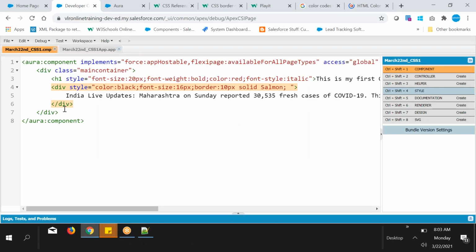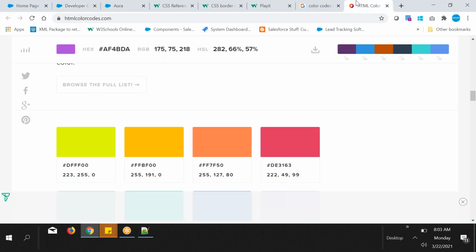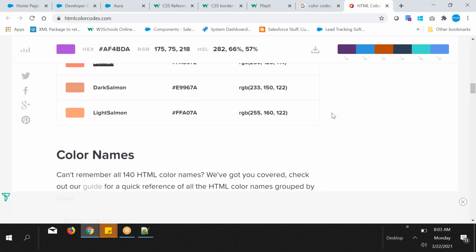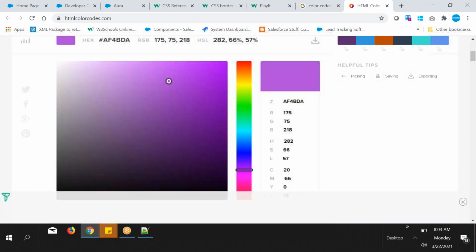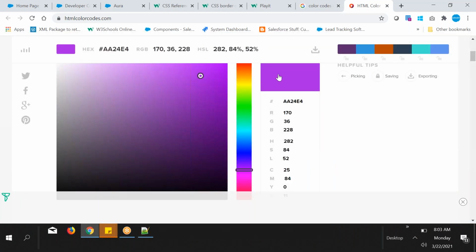Let's go here. Not only border color, even text color also, if you want, you can change it. So border color I have given salmon, right? Text color I want to change. This is the text, the text color. Now I want to go with the color codes. How to go? Let's click on it, right? Click on this color, I want to apply to the text. So have you seen this one? Exact code. Okay, the color code is right.